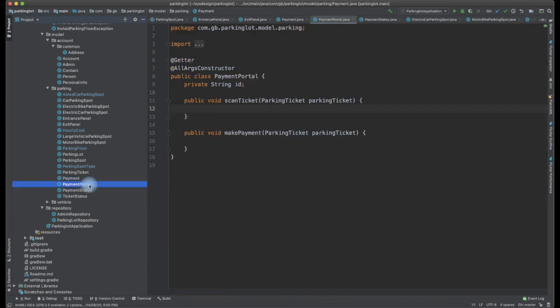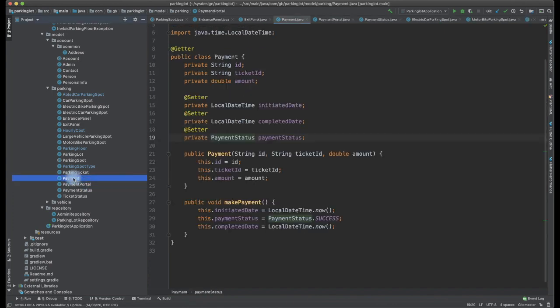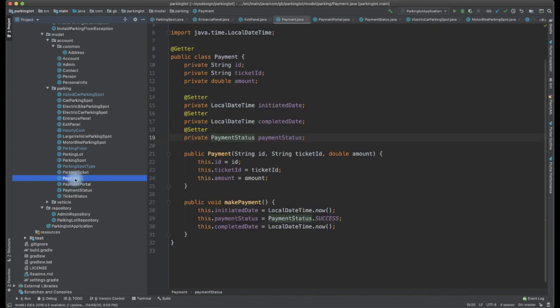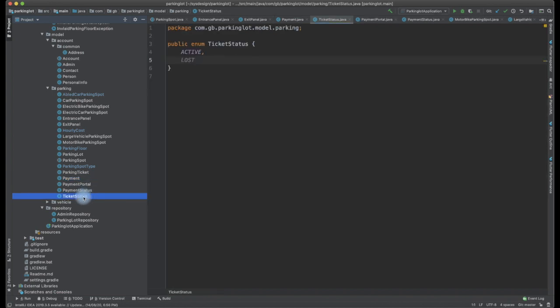So payment portal is also a similar case, which is like a payment. Somebody can go to the web portal and do the payment. We will look into that later. I have not modeled that, but this is how we need to model it if we are to allow somebody to do the payment from a web portal. The same methods which are available at the entry and exit panel should also be available over there, and expose that via the web. We should be able to do it.